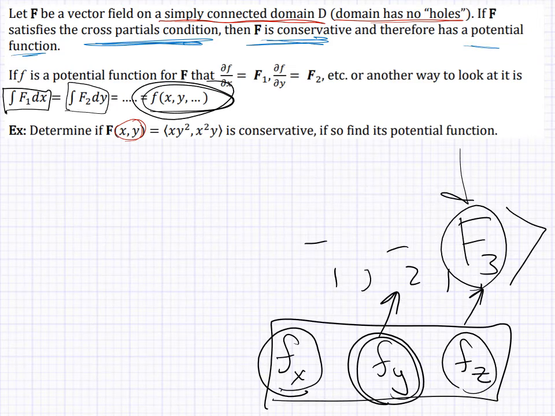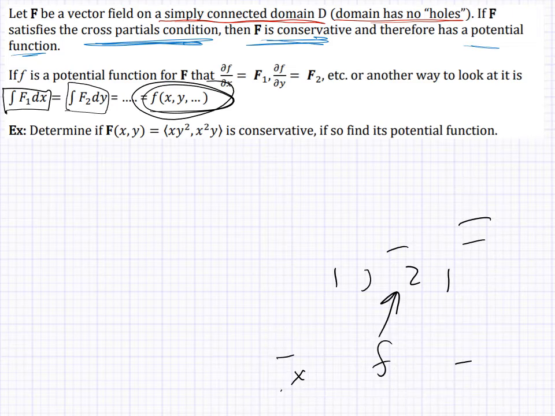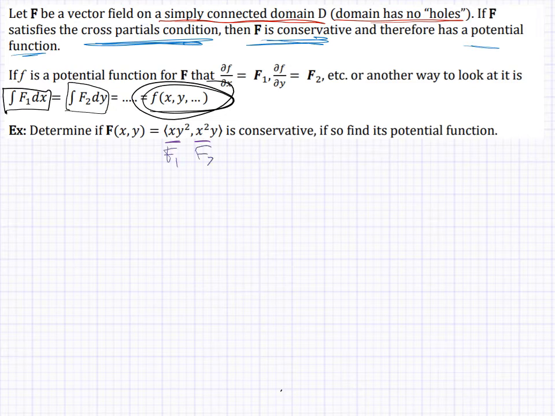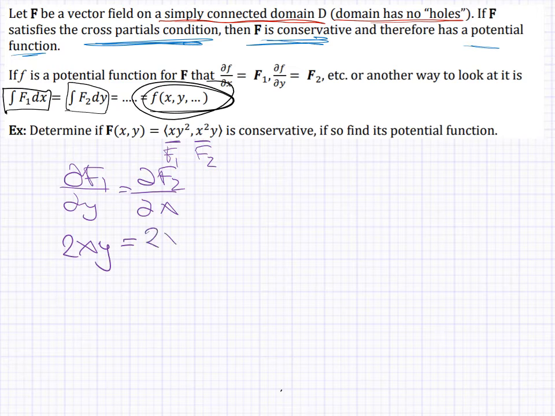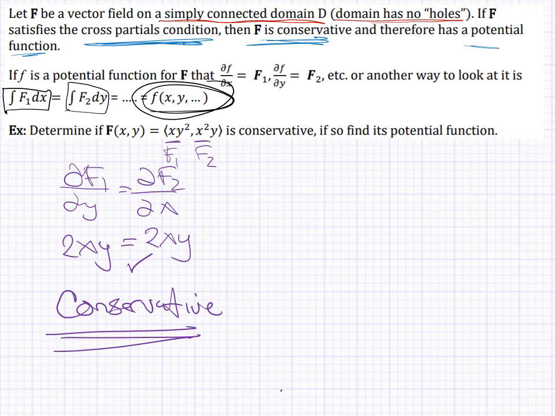So here's an example. Determine first if this vector field is conservative, and if it is, go find the potential function. Well, it's a 2D vector field, so I only have to see: does the partial of f1 with respect to y equal the partial of f2 with respect to x? Well, f1 with respect to y would be 2xy. f2 with respect to x would be 2xy. They are equal to each other, so this is conservative. Therefore, there is a potential function, and I can find the potential function